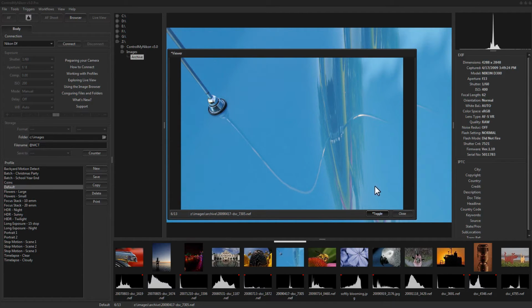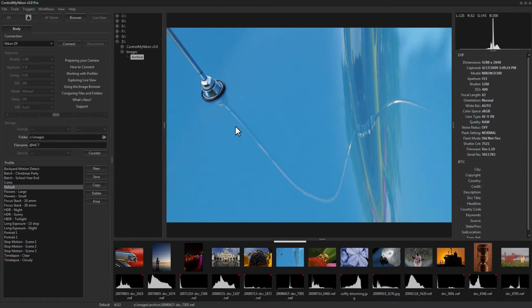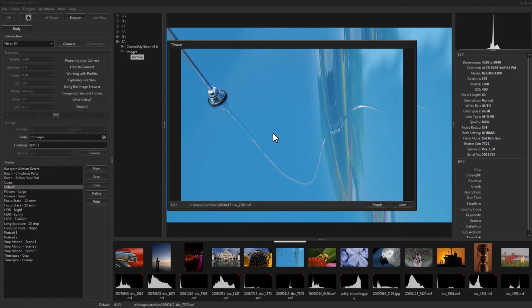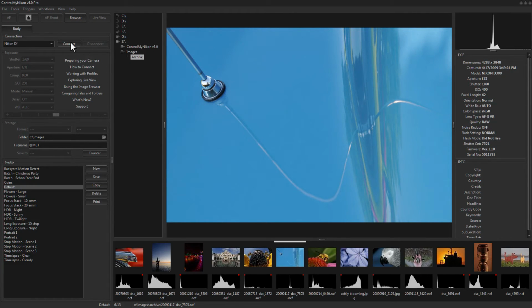Okay, I'm just going to close the viewer, and you can also bring this viewer up with a keystroke, and by default it's F on the keyboard. So I'm just going to press F, and there it launches it, and it closes it. Now these keystrokes can be set up under shortcuts,